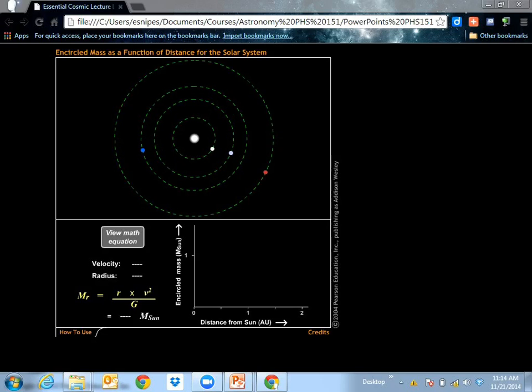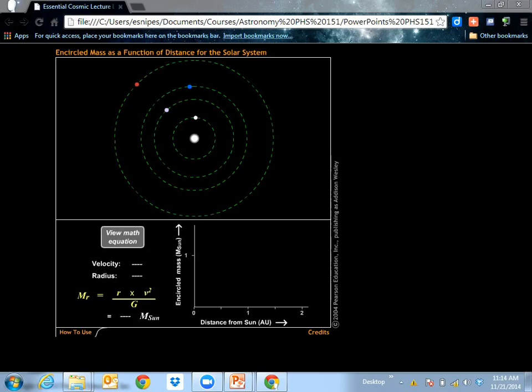Now, one of the things we talked about is when our solar system was made. So that's our sun, of course that's Mercury, Venus, the dark blue one's the Earth, and the red one is Mars. Mars always has to be kind of red, doesn't it? When our solar system was being formed, the sun got most of the mass, and that's what this is going to show you.